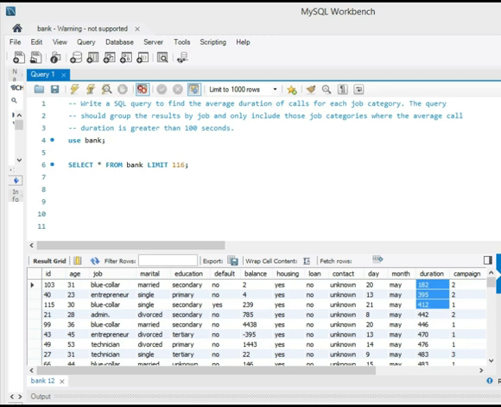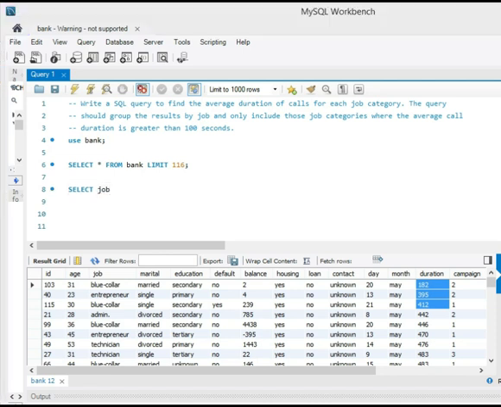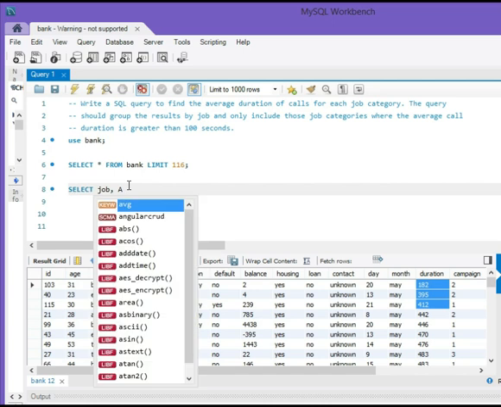So in the first part of our statement, we will want to retrieve the job column from our table. So select, and then we will calculate the average value of the duration column for each job category. And for that, we will apply the avg function